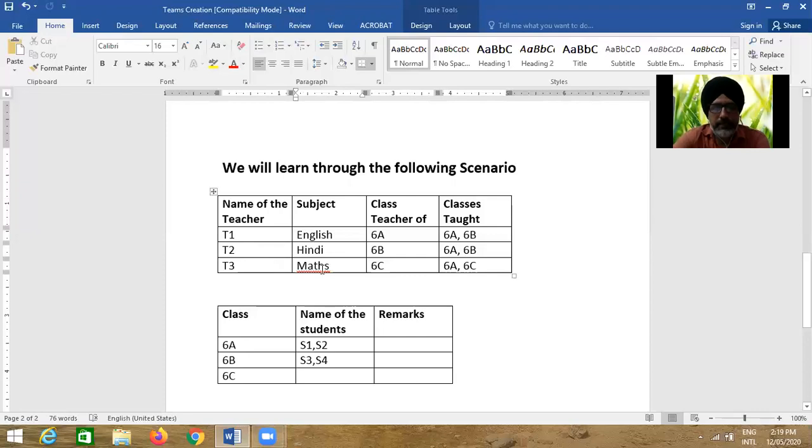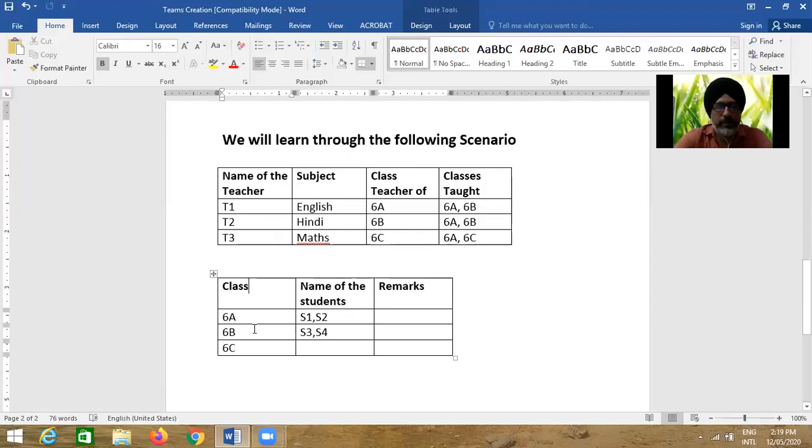Teacher 3 is teaching mathematics. He or she is the class teacher of 6C and will be teaching mathematics in 6A and C. I am also going to create 3 classes in the system, that is 6A, 6B and 6C.